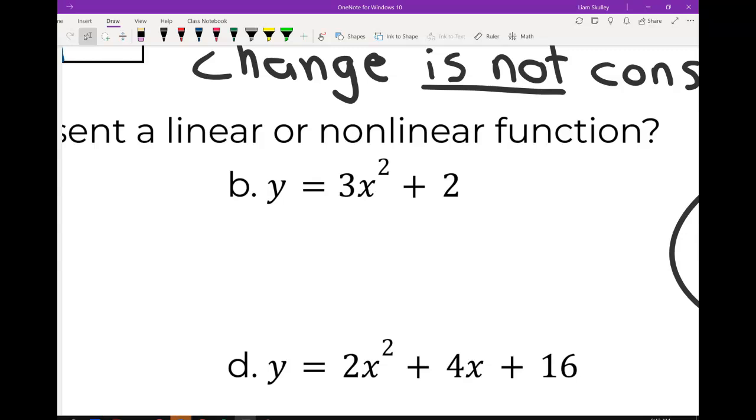So we're going to write down not linear. And our explanation is going to be, again, it does not fit y equals mx plus b. And even if you want to be super on top of it, you could even point out,